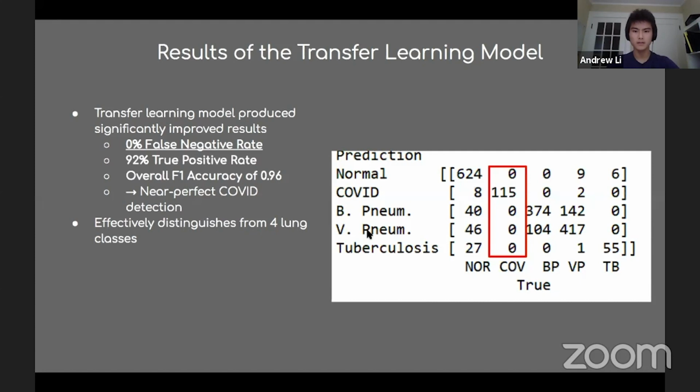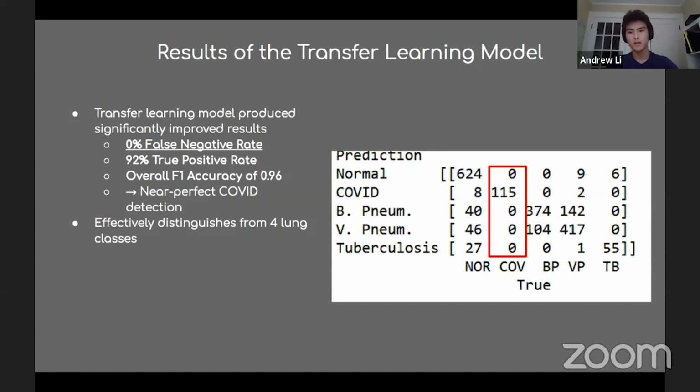So here you can see our results. This model produced significantly improved results. For COVID X-ray scans, we had a 0% false negative rate on our test data. What that means is that out of 115 COVID X-rays, our model left not a single X-ray undetected and was further able to distinguish these COVID X-rays from other diseases that could be confused with COVID,